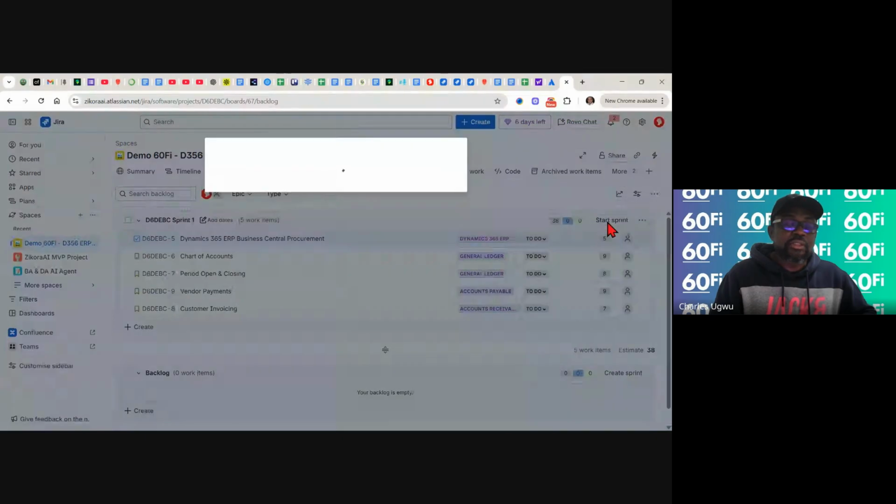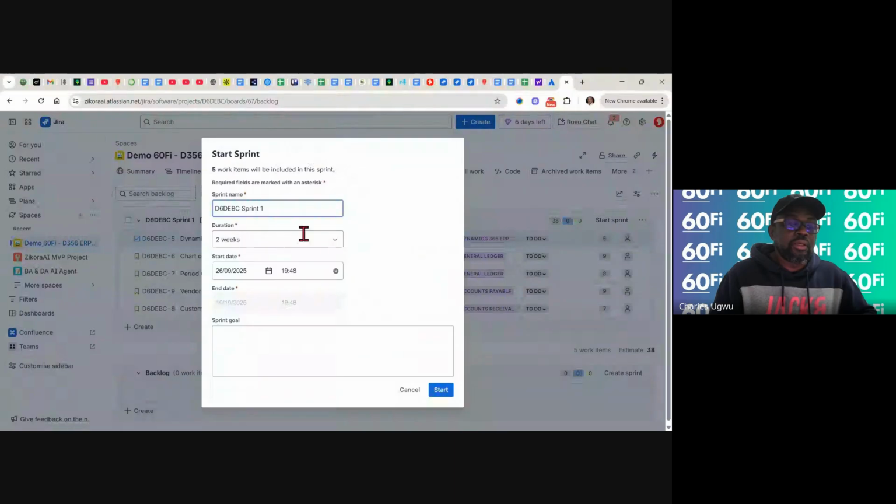You click start. And here, you decide we were agreed on 2 weeks. Sprint is between 1 week to 4 weeks. So we choose 2 weeks. The team can choose whatever, as long as it's between 1 week to 4 weeks. We choose 2 weeks. That's more standard. Then you come here and state the goal. So the goal here is to